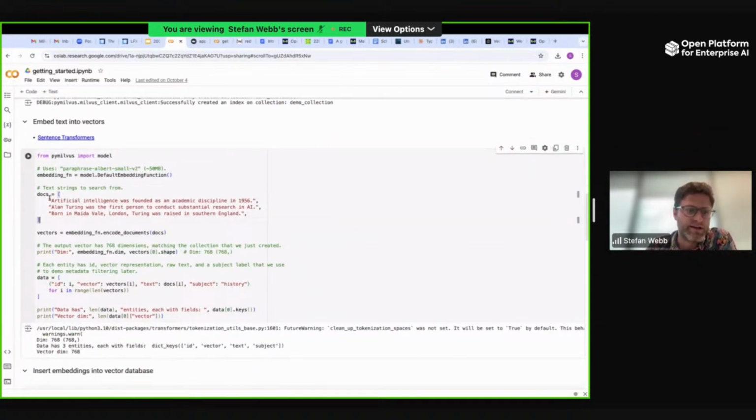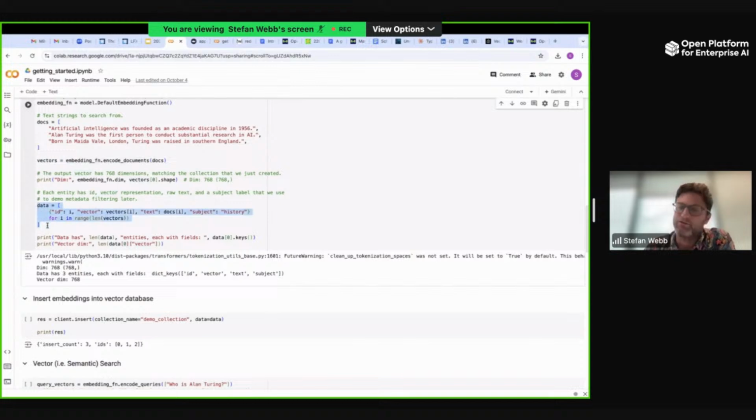And then we've got some strings to embed. So this is our input. This is what we want to embed and store in the vector database. So we've got some sentences about Alan Turing, and then we called the encoding function on those strings to produce the vectors. So that runs the neural network, which outputs these vector embeddings.